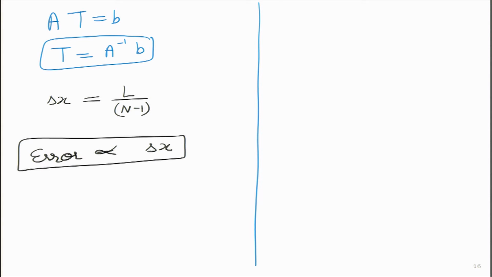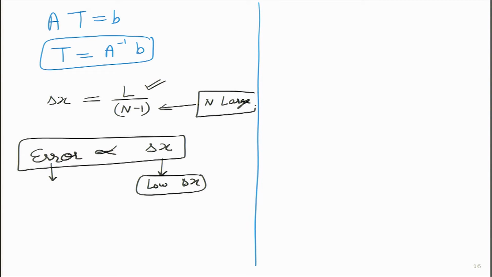So, what it means is, if I want to reduce error, I must have low values of delta x in my program. And what does that mean? That if I want to reduce delta x, L is usually fixed, then n I have to increase. So, I have to keep a large value of n, and this is important both for the steady state as well as for the transient state that we will study in just a little while. But before we move on to the next stage, which is the transient one, I hope everybody has understood this part.